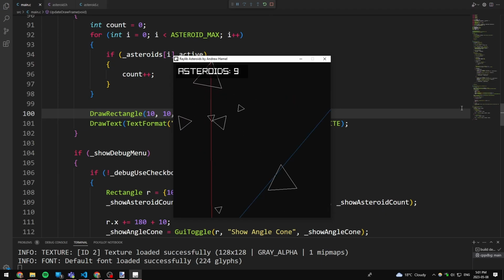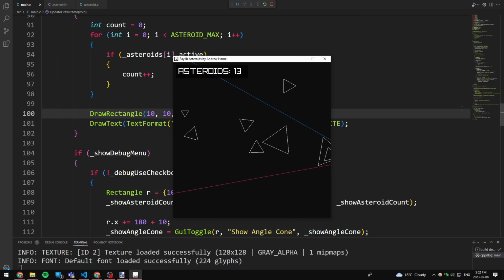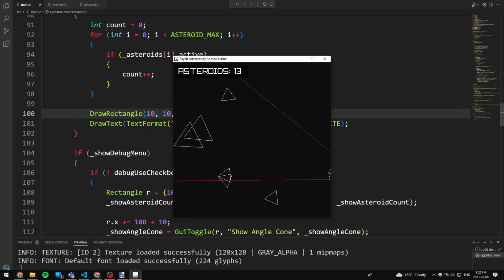All right, that's all for today's video. As a recap, we added the asteroid struct. We have them spawning at the edge of the screen and heading towards the center. Every asteroid has their own size, they have their own rotation speed, and they have their own velocity. As a little bonus, we also talked about adding a simple debug menu so that we can have buttons that we can toggle on and off certain visualizations. In the next video, we're going to add a basic player controller that will allow us to actually have a ship cruising around on the screen, wrapping at the edges, and accelerating and decelerating in a way that feels really